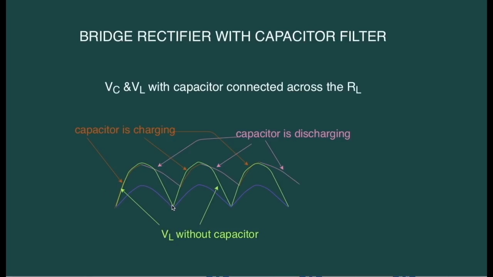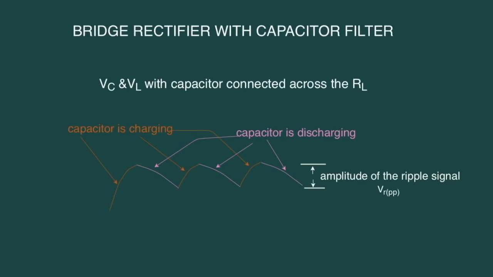Current in the circuit will drop from maximum value to 0 and then it will start increasing again. At some time, voltage across the capacitor will be equal to current in the circuit multiplied by the load resistance, that is IL into RL value. From that value onwards, again the voltage across load resistance and that across the capacitor will start increasing almost instantaneously, reaching the peak value when current reaches to the maximum value. From there onwards, the discharging and charging cycle of the capacitor will get repeated in every cycle of the current in the circuit.